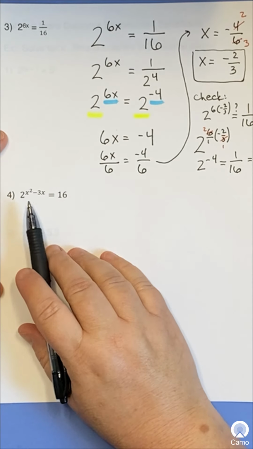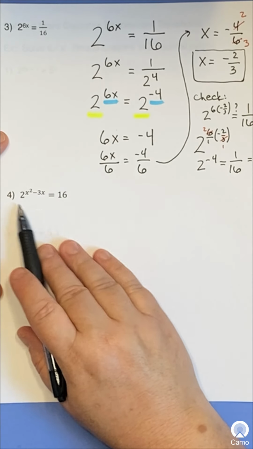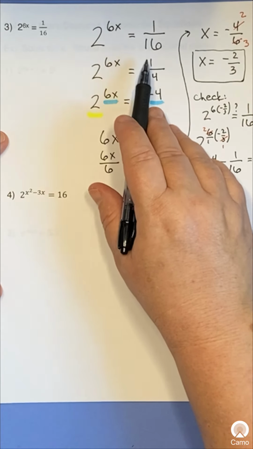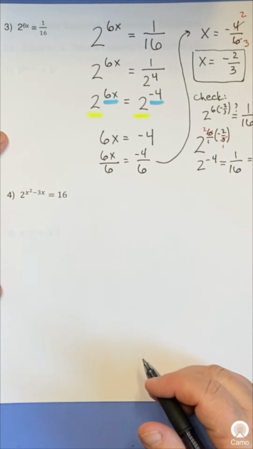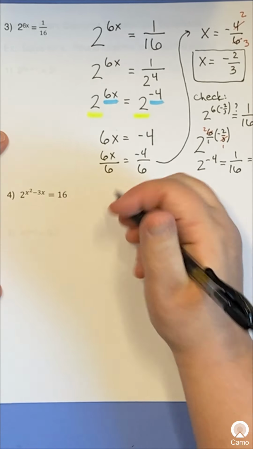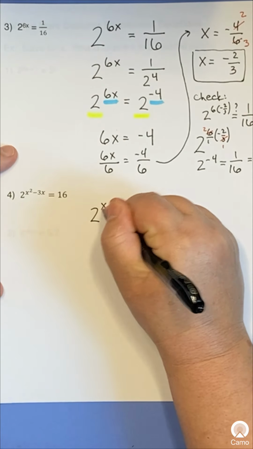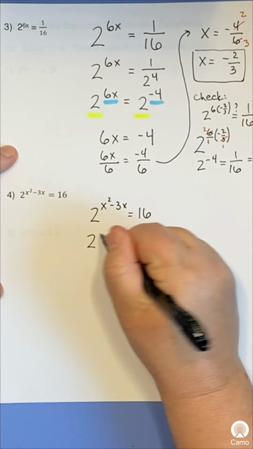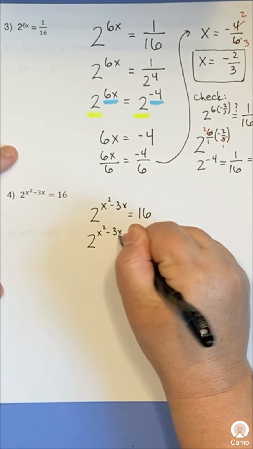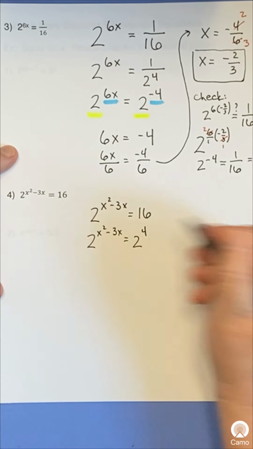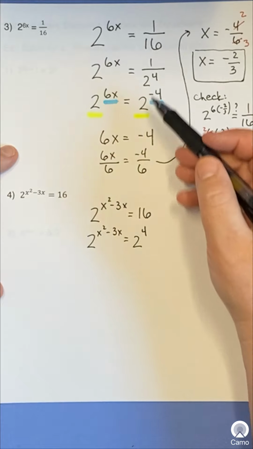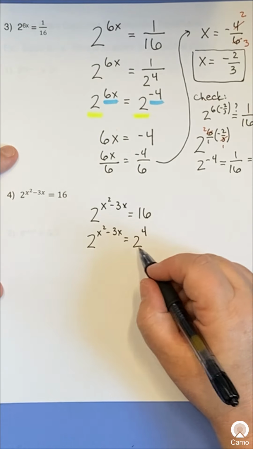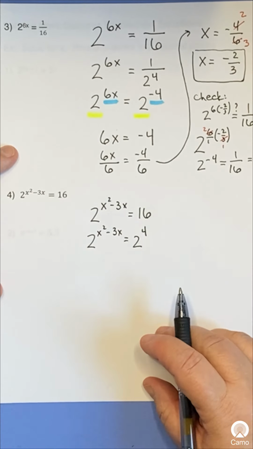So, again, I've got this exponential expression over here and then 16. And I already remember from up here 16 can be written as a power of 2. So I've got 2 to the x squared minus 3x equals 16. So 2 to the x squared minus 3x equals 2 to the 4th. And I'm using this from up here, wherever you want to look. 16 is 2 to the 4th. So I've got